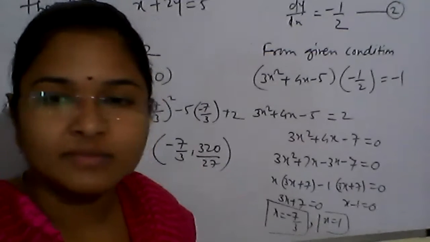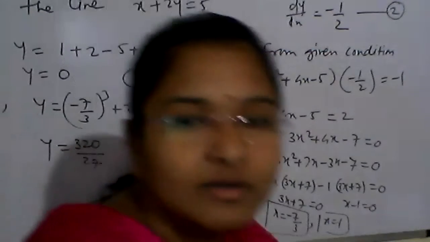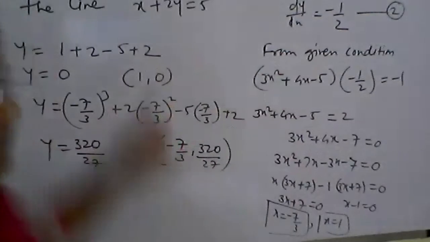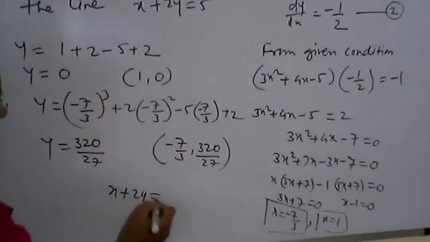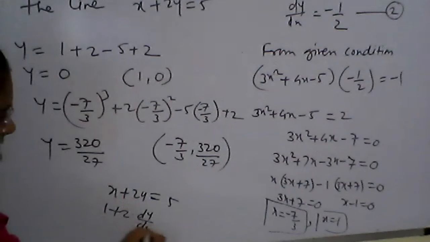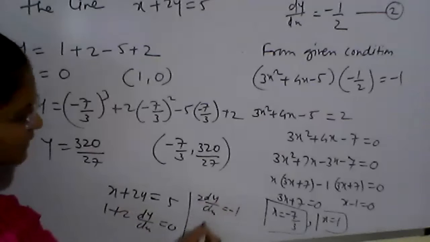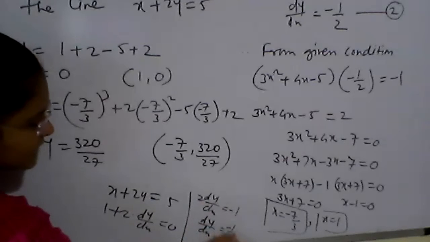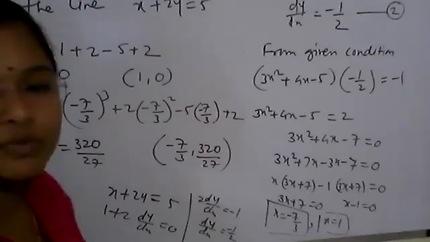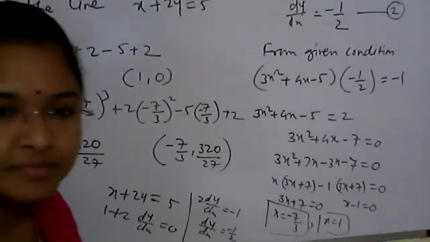Yes, Suraj. Ma'am, please do it in this question. Ma'am, I have solved it. First I solved the slope only, and I just erased the steps. Here dy by dx is minus 1 by 2. I have written the slope here: 1 plus 2 into dy by dx equal to 0. So what will you get? 2 dy by dx equals minus 1, so dy by dx equals minus 1 by 2. I solved this, and then I wrote this as equation number 2. I didn't write it directly. Are you getting it?